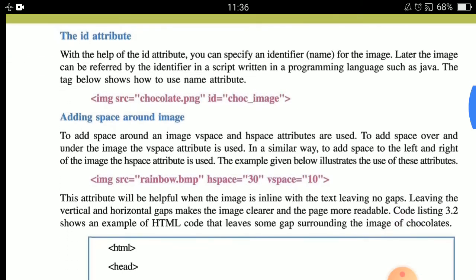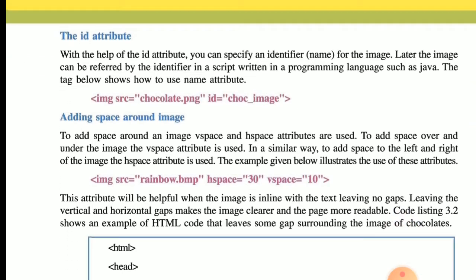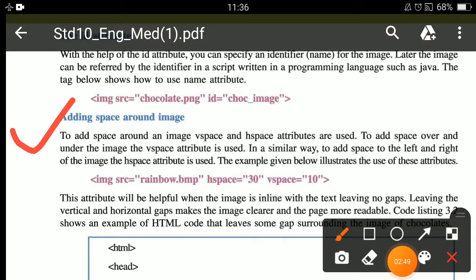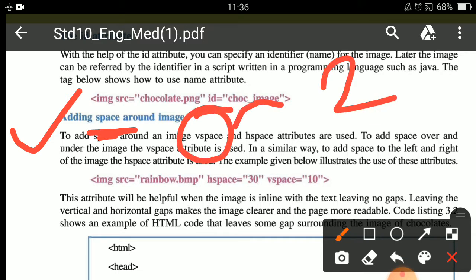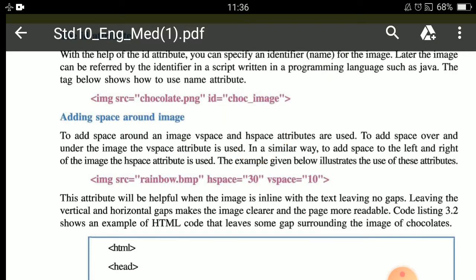Now next is adding space around an image. Whenever you want to add space around an image, which attribute is used? The space attribute is used. There are mainly two types of space. The first one is vspace, and the second one is hspace.